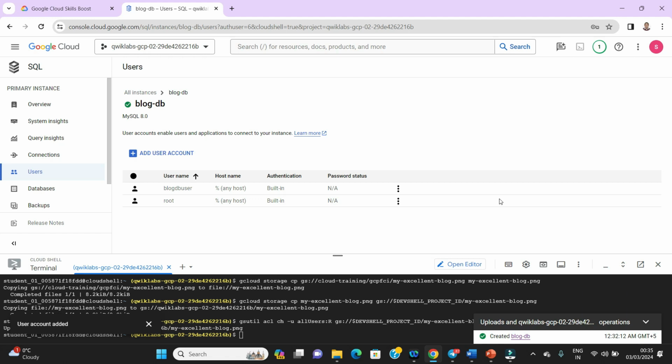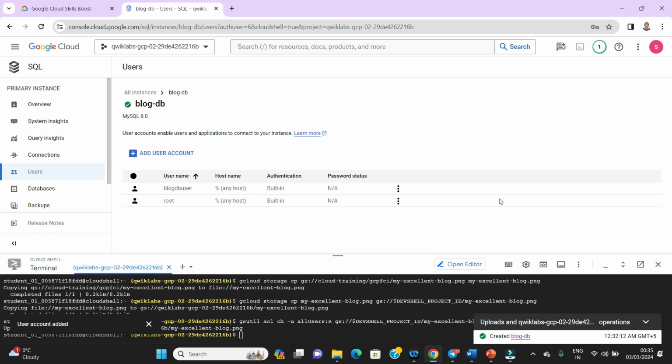Okay, so now what next? Then we'll create the connection. In the connection we have to set the network basically. So we'll go to connections, which is here on the left hand side, and then we will find the networking.